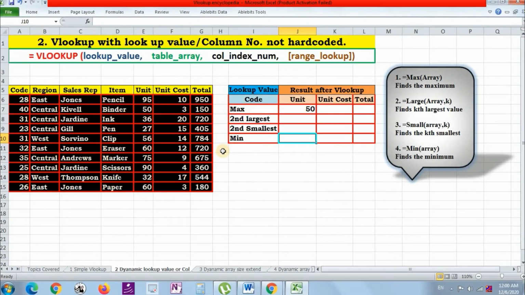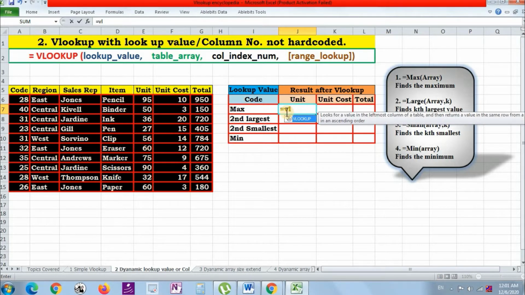Now the previous example was the case when every argument of the function was hard coded, but we can keep lookup value dynamic depending upon some condition. If we want to fetch the name of sales representative having the largest code, so in this case our lookup value is not hard coded, static.